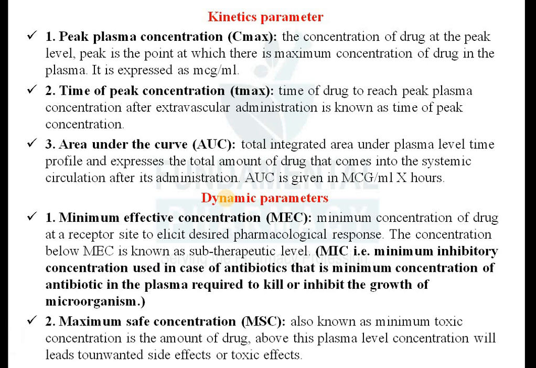Maximum safe dose, it is also known as maximum toxic concentration. Maximum safe concentration is the concentration of drug in the blood above which there will be a toxic effect, there will be adverse effect of the drug. If the concentration in the blood goes beyond this, the adverse effect will appear, so it should be less than the maximum safe concentration. Up to that concentration the drug is safe; if it goes beyond that, it will give an adverse